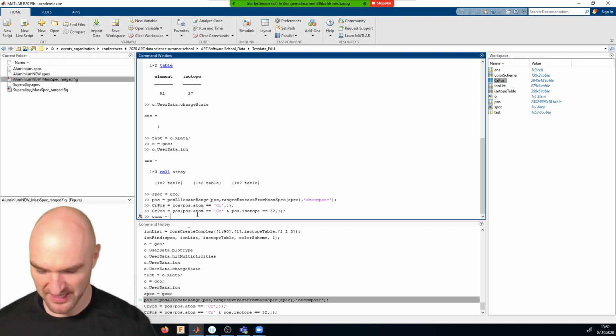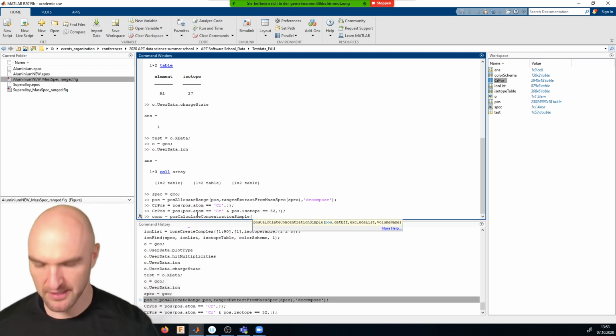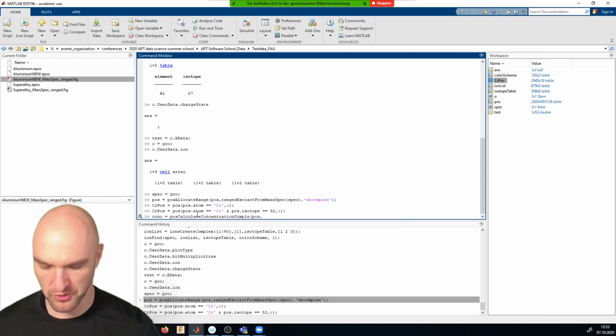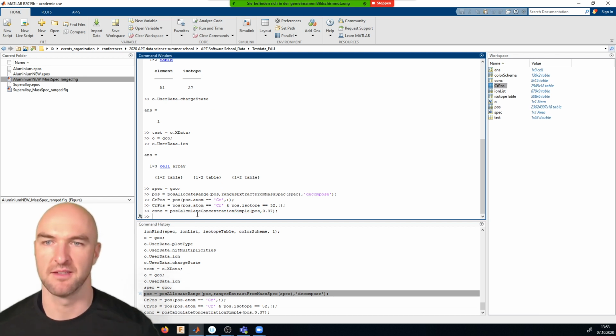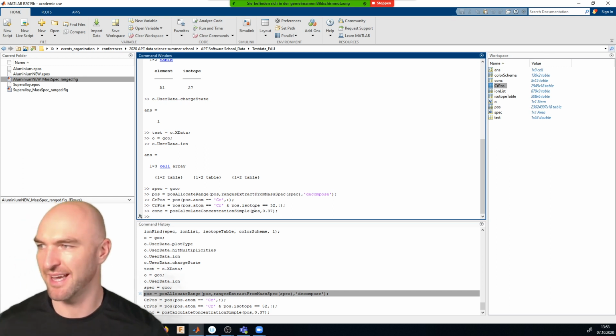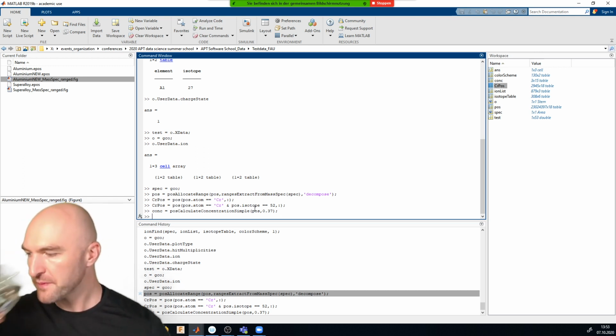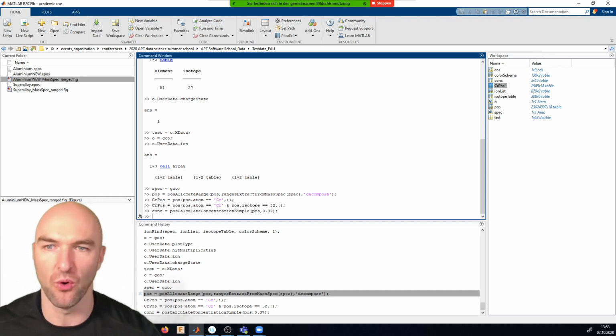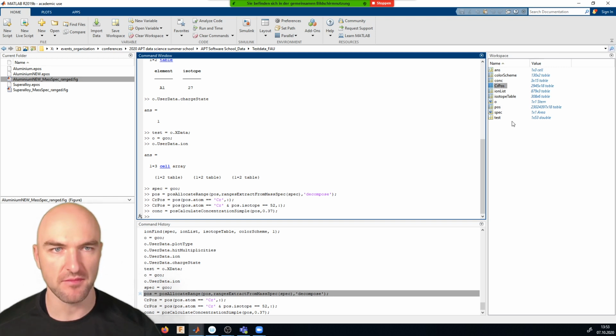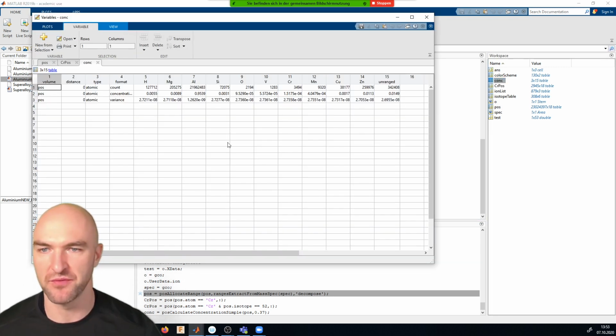Oh yeah, thanks. So it's pos calculate concentration simple, and we do that for the pos file. We do that for a detector efficiency of 0.37 because this gives us the error bars, or the statistical scatter error bars. And if we have allocated our ranges, this is all that we need to do. Okay. So if I then go into that concentration variable